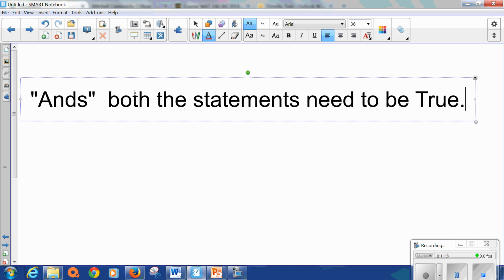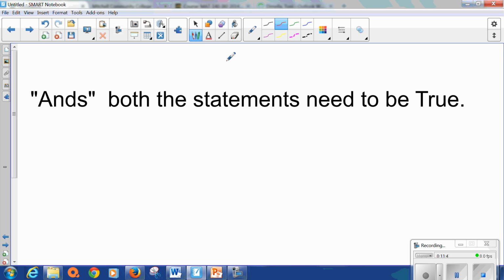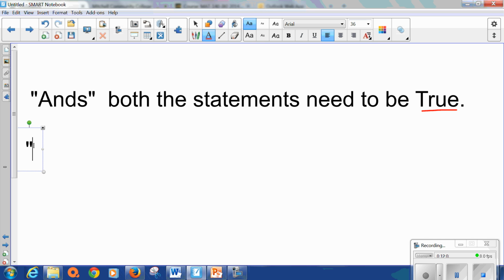Otherwise, the whole thing is no good. So the best way to describe this is if you have any kids at home and maybe your daughter says, Mom, I am going to go to Susie's and then I'm going to the mall. So I'm going to Susie's and I'm going to the mall. Well, if she doesn't go to Susie's or she doesn't go to the mall, if she doesn't do both, then she didn't technically tell you the truth. Right? So either you have to do both in order for the whole thing to be true, or something suspicious is going on. For an or, though,